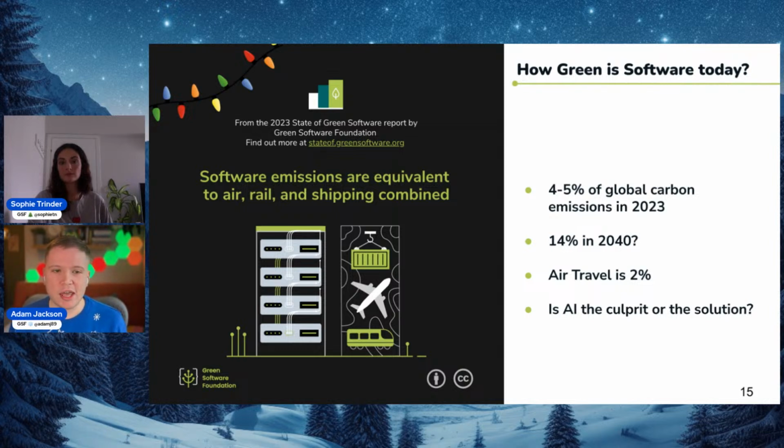And particularly with AI, there's a lot of scrutiny right now on the water usage of AI, not just the impact it has on carbon. So my question is sometimes, is AI the culprit or the solution? Because also we have seen people starting to use AI as a route to cut carbon emissions in other parts of the economy. But certainly that is going to be an area that's going to be scrutinized more, and that's why I say it's so important today, and it's going to become more and more important in the future.